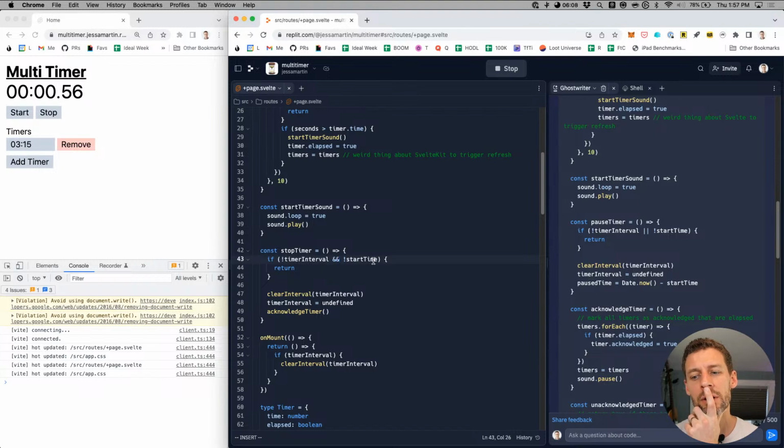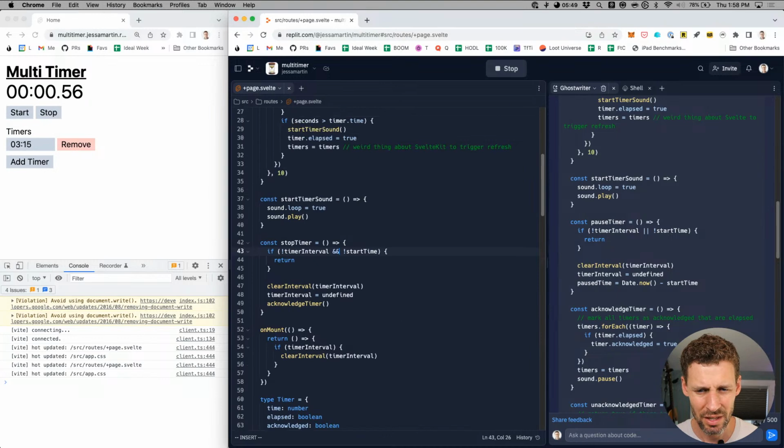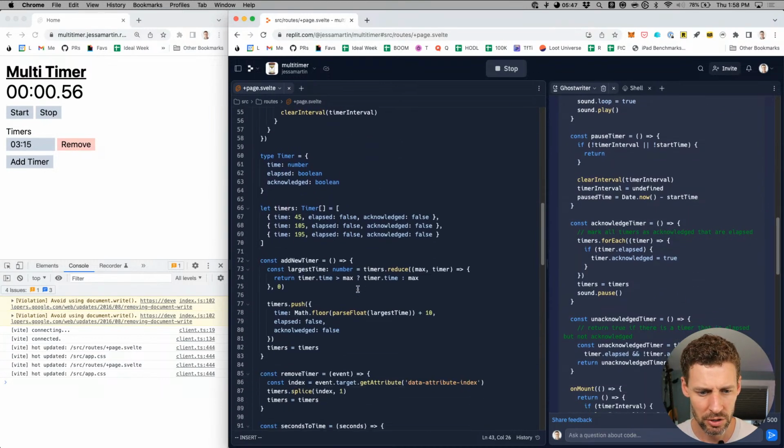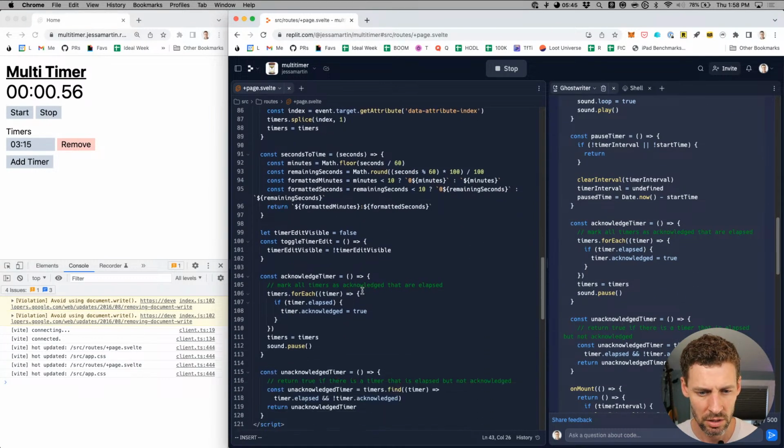And then we do a clear interval, set the timer interval to undefined, and then set the paused time. Don't love that. And then there's that acknowledge timer function. Zoinks.